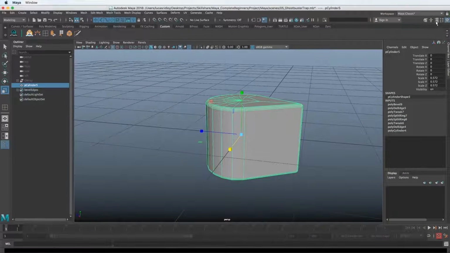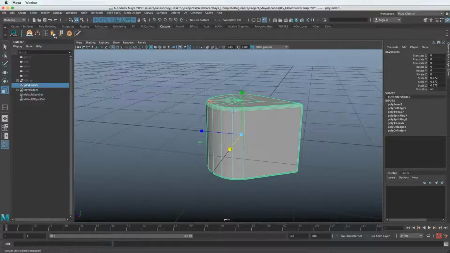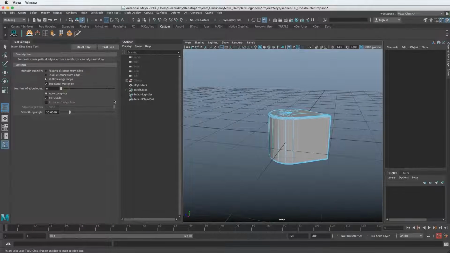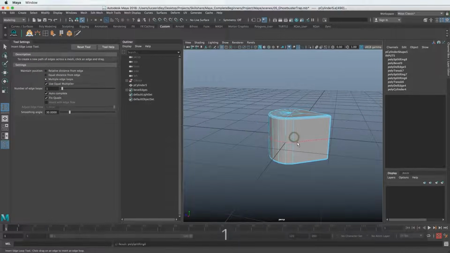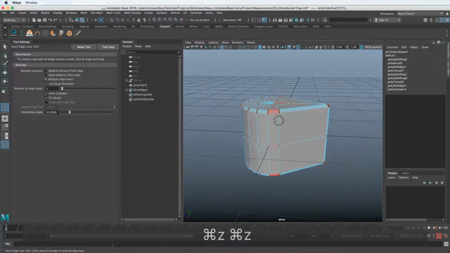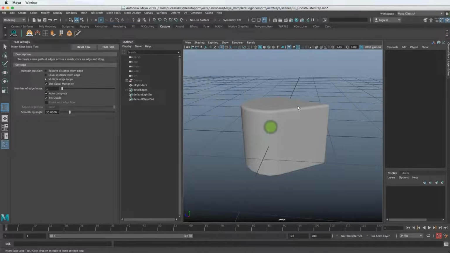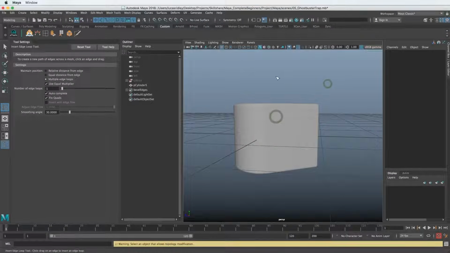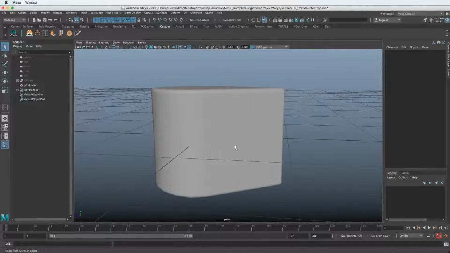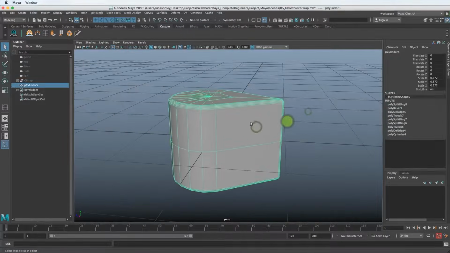Let's go to the edge loop tool. We'll go back to the tool settings and just crank this down to 1. And that way it'll just put 1 right in the dead center. You can see I accidentally clicked a few things, so I just hit undo, go back to object mode, and we're golden. And I'll get off the edge loop tool so I don't accidentally make more edge loops again.